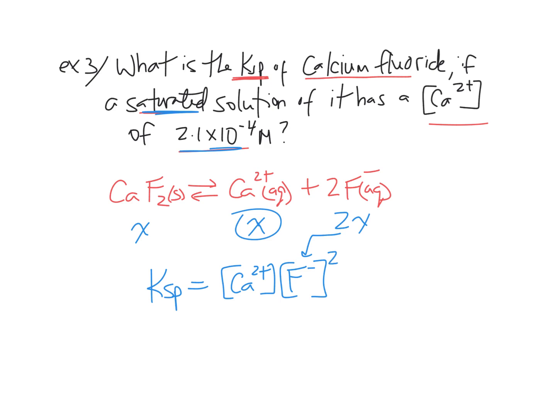So this is kind of a double whammy effect. When you have a coefficient 2, remember, it actually manifests itself in 2 different places. It both means you get twice the concentration here, and you square that. All right, so it's kind of like a wacky effect, but